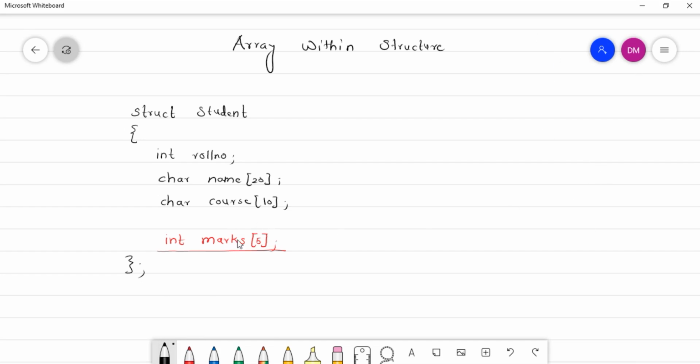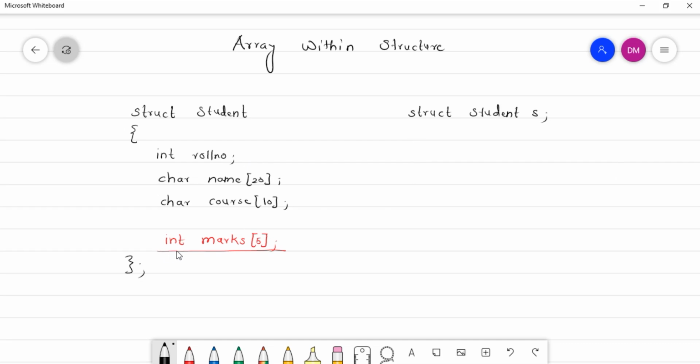Assume that you want to input the value of marks for a student. So what will I do? I'll just create one student variable, say struct student s. And just assume that we have already scanned the values of roll number, name and course, so I will not write those statements here.